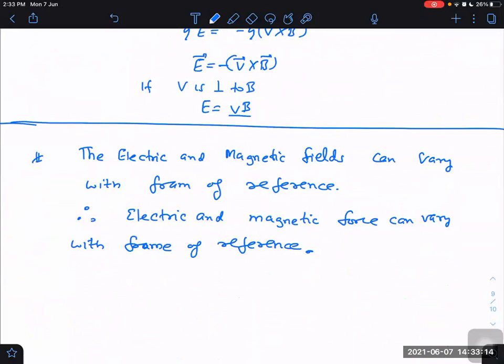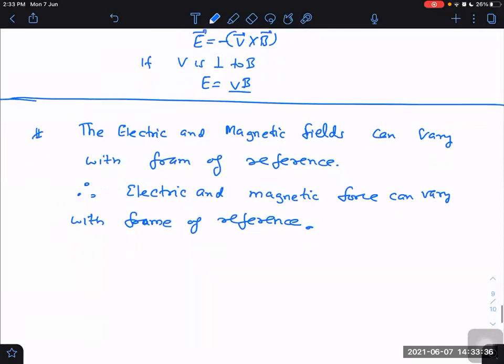If the frame is moving with very, very high speed, then some different laws come into play. We don't have to worry about that. If the speeds are normal, not comparable to the speed of light, then we can say these statements will be holding true. Otherwise, these will not be true. Then I have to write that statement, which I have not yet written.